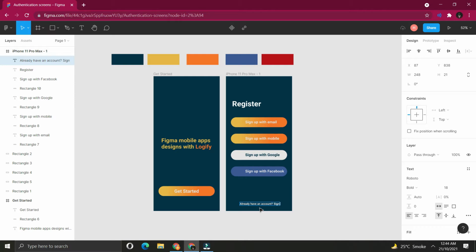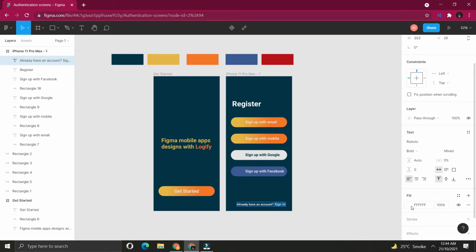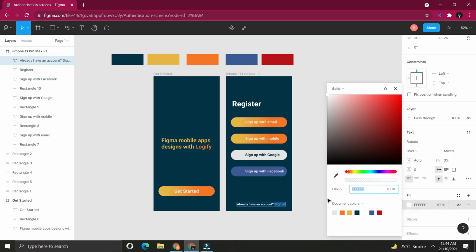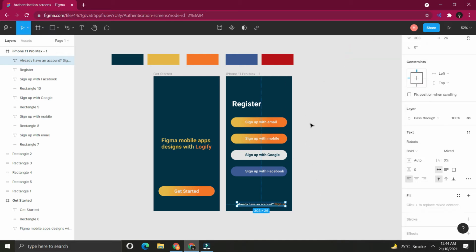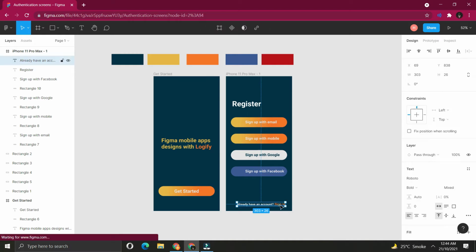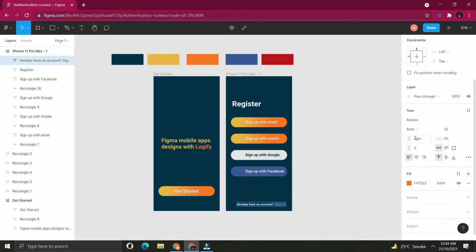Already have an account, sign in. For sign in to look different, I will adjust the color to make it more darker orange. Once I am done, it looks perfect for now.